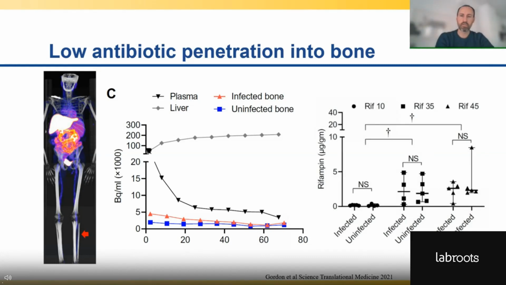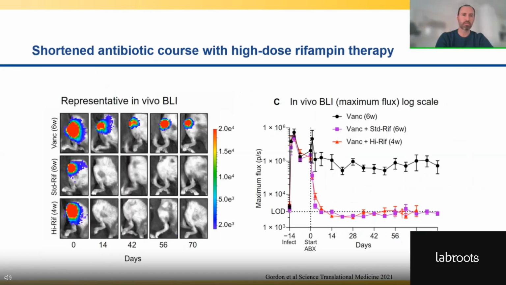Additionally, they found that if you increase the rifampin concentration in an animal model, you get a significant increase in the penetration of rifampin concentrations into the bone, suggesting that increasing the concentration of antibiotics may be a more effective means of treating antibiotic infections than the current doses given. Given this information, we are interested in testing whether we could shorten the standard care antibiotic course with a